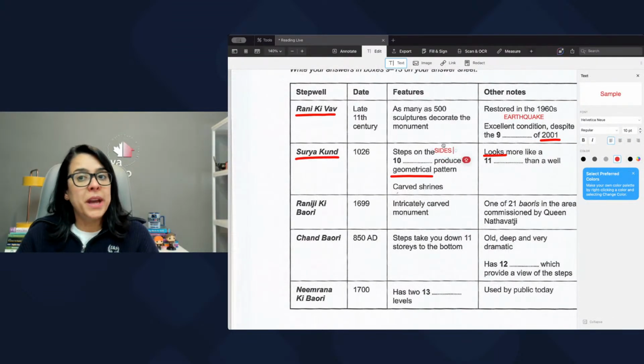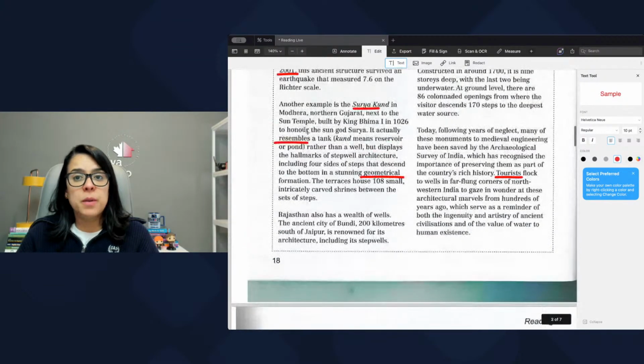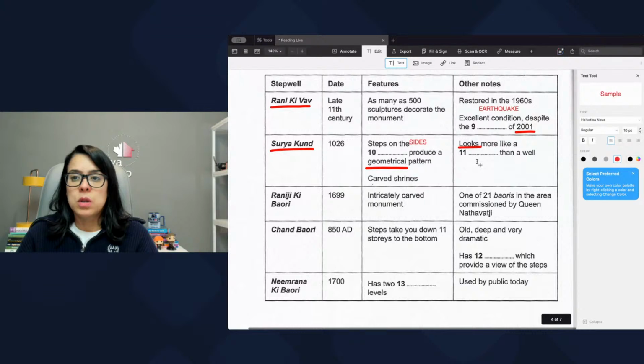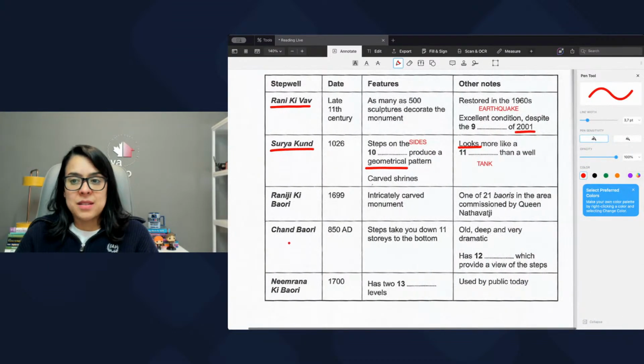Produce a geometrical pattern and looks more like a, as we said before, like a tank. It is here. Where is the word tank? I got lost. It actually resembles a tank. Kund means reservoir or pond. Okay. So, looks more like a tank. Easy peasy. Now, next,